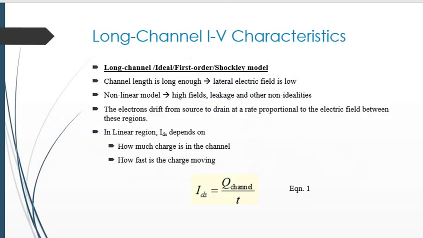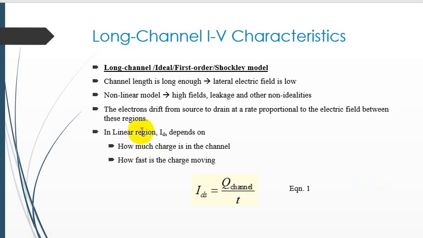So the long channel IV characteristic is very important. As stated previously, MOS transistors have three regions: cutoff or subthreshold region, linear or non-saturation region, and saturation region. So let us derive the first order ideal Shockley model relating the current and the voltage for an NMOS transistor in each of these regions. Let's move firstly toward the